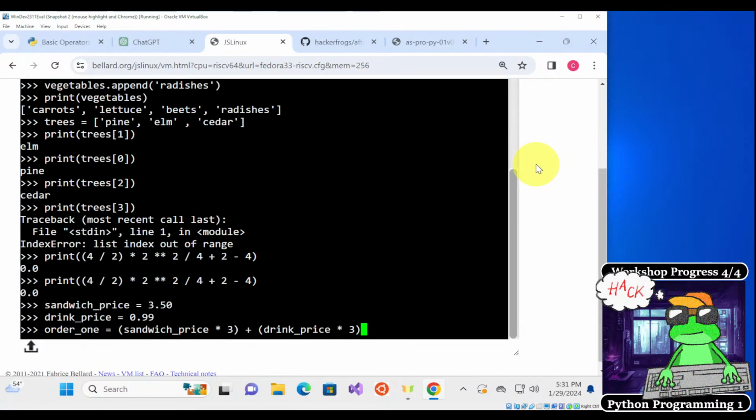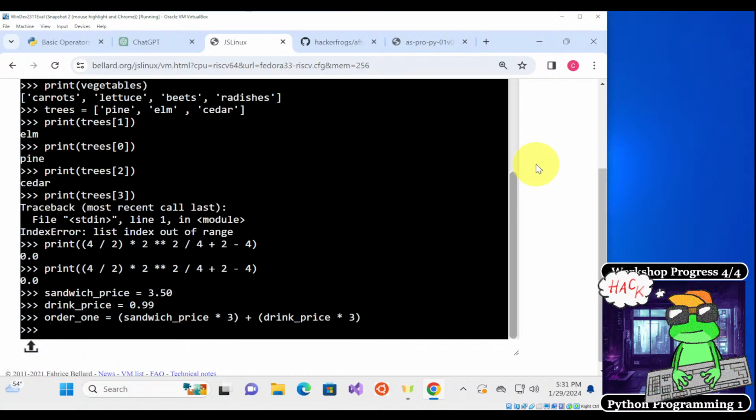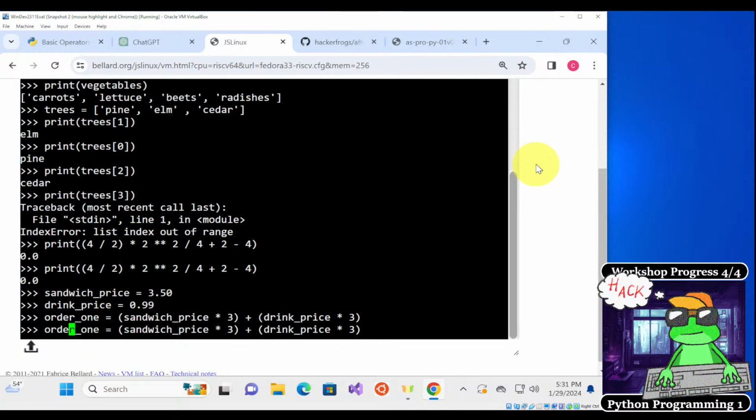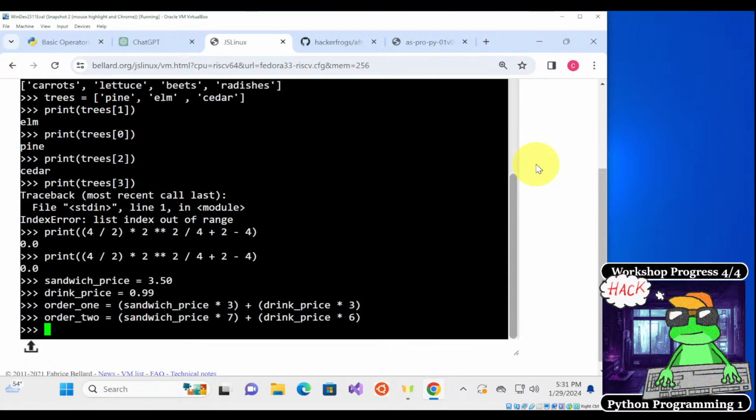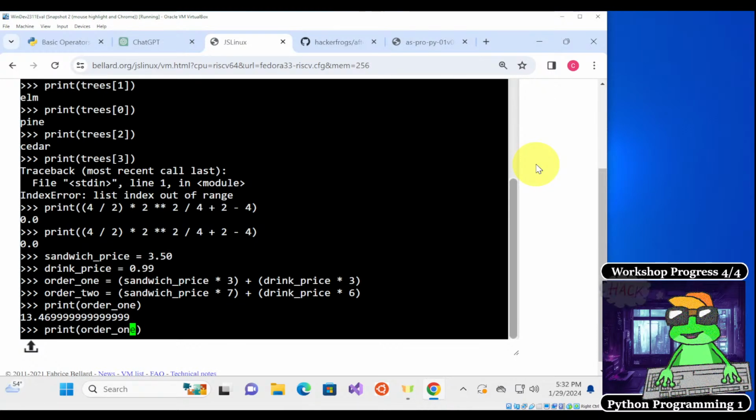So it's sandwich price and drink price, like this, and order 2 is going to be sandwich price times 7, and drink price times 6, and then we're going to print order 1, and then order 2.